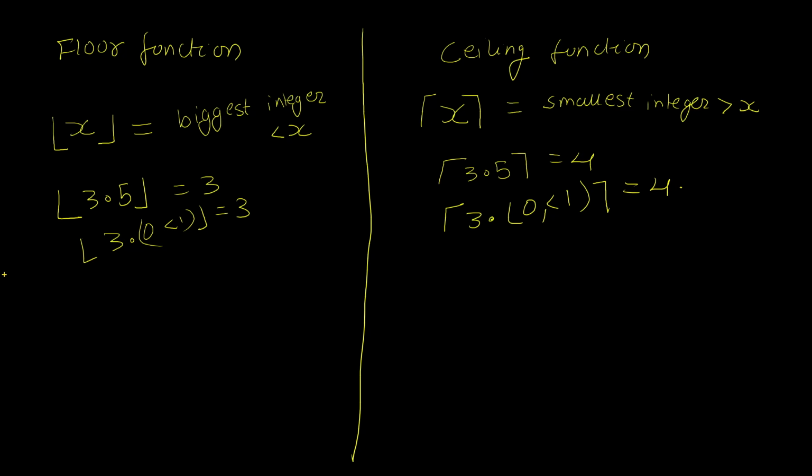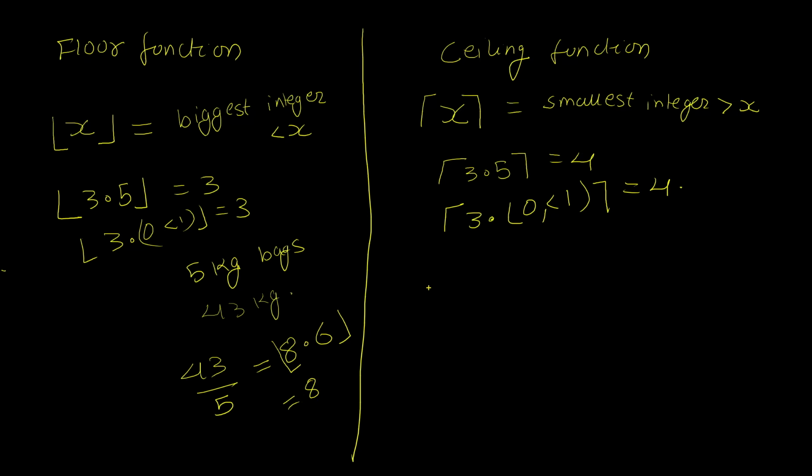Okay, so why are these functions useful? Let's say I'm a manufacturer and I sell 5 kilogram bags of some product. And I have 43 kilograms of material available. So how many bags could I really prepare out of the material that I have? I would start by dividing this 43 by 5, and that would give me 8.6. But I cannot really create 8.6 bags, can I? I don't have enough for 9. So what I'm forced to do is to take a floor of this value and round it down to a